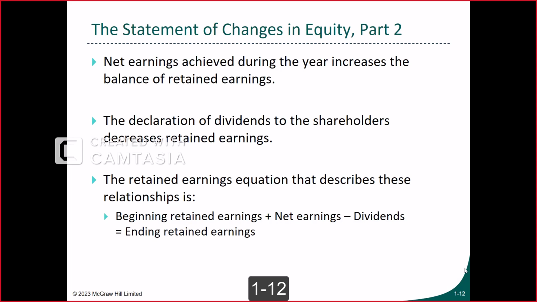A statement of change of equity will include the equity portion of the balance sheet, the equity item on the balance sheet. You remember in the balance sheet there is liability and shareholder equity, and then it will show the variation: the balance at the beginning of the year, plus the increase of the shareholder equity during the year, minus the decrease of shareholder equity during the year.